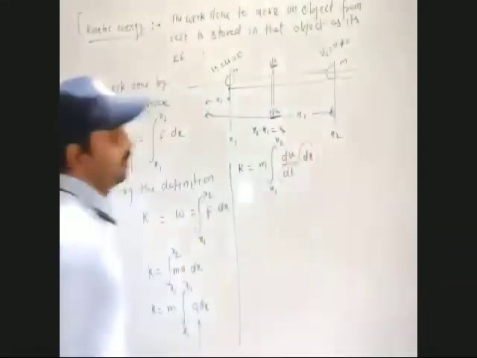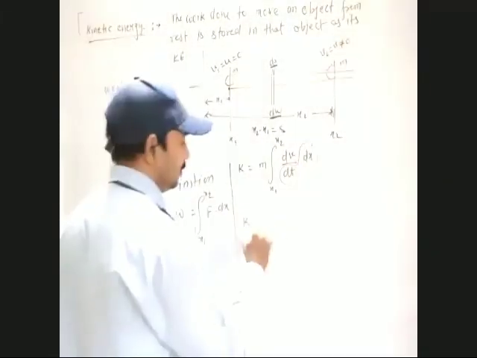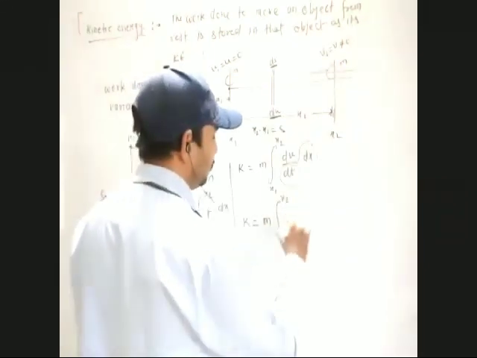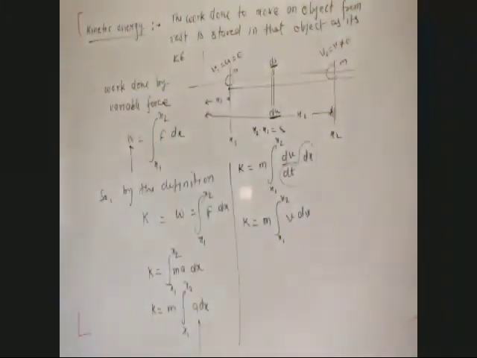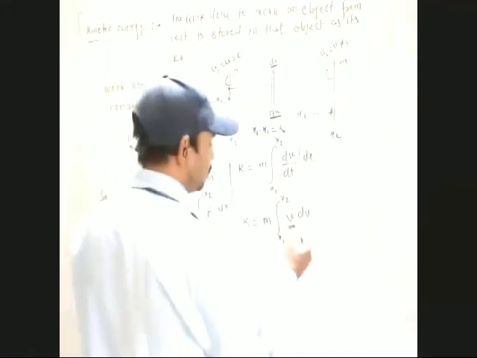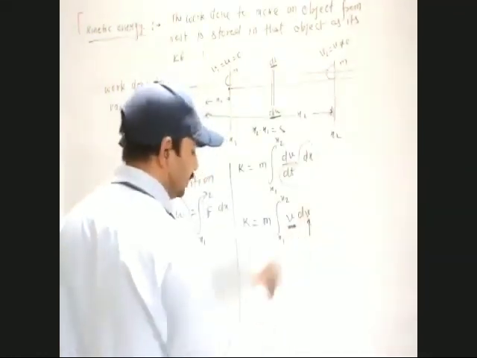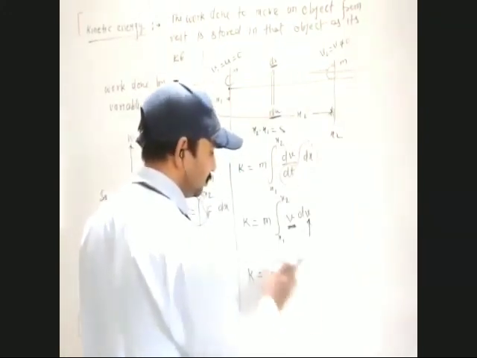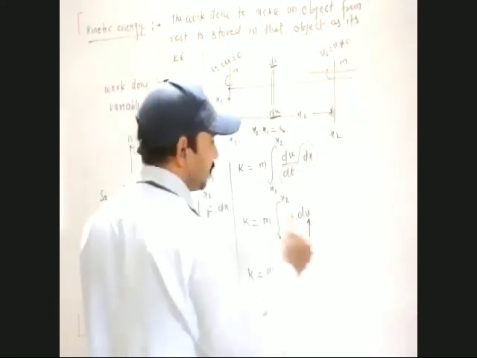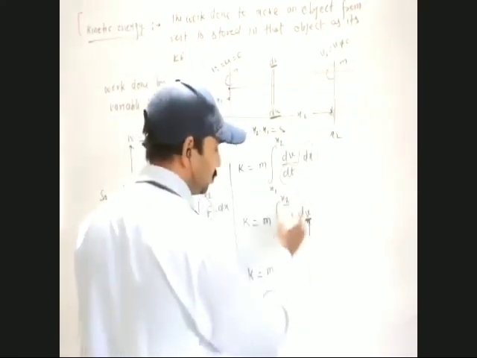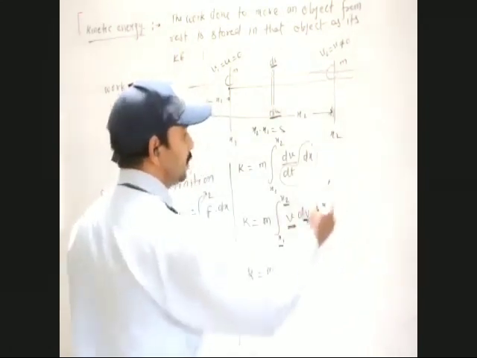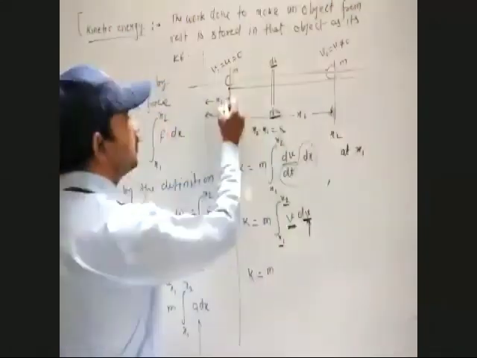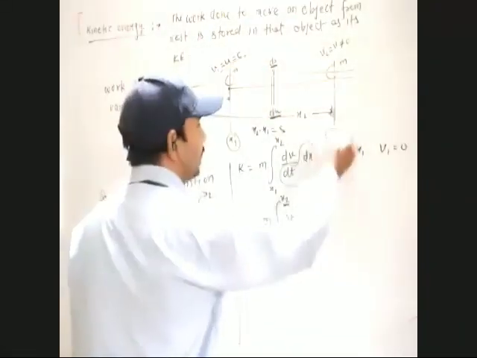Now this dx by dt becomes v. K is equal to m integration x1 to x2 v dv. It's instantaneous velocity. Got it? Now integrate this. What is the integration of v with respect to dv? One more thing. See, what have we changed here? dv. So what will our limits become? They will change. So here, at x1 position, what was the velocity? 0. v1 was 0, and at x2, v2 was v.